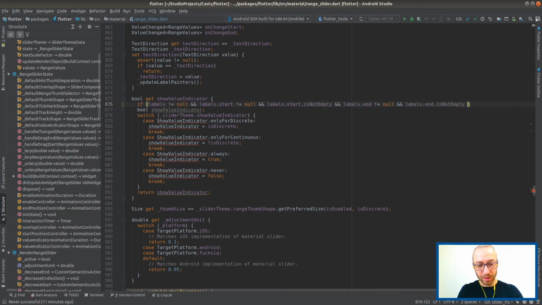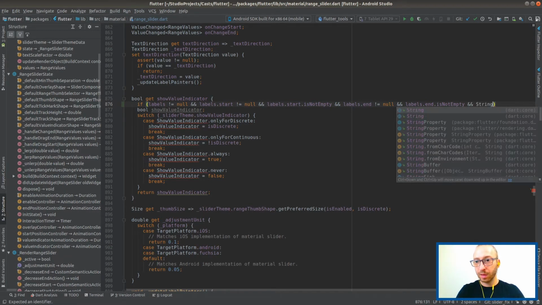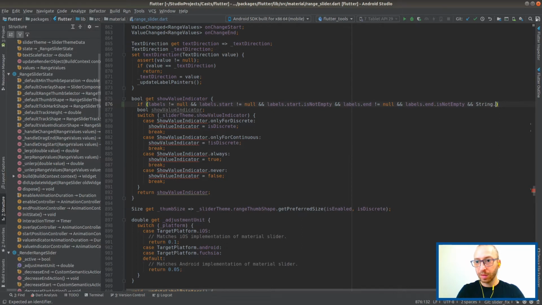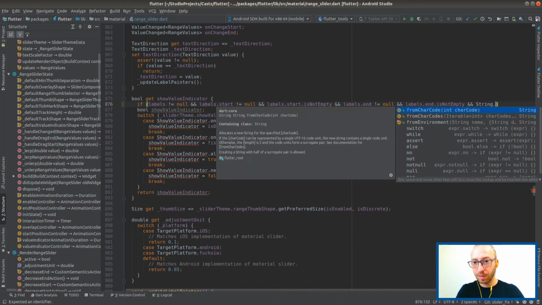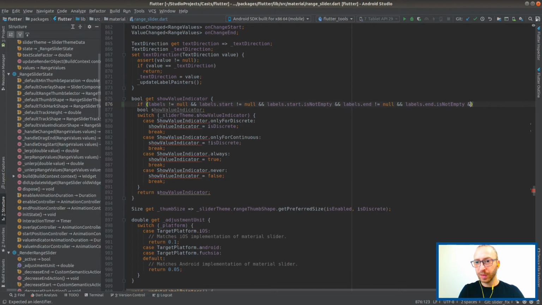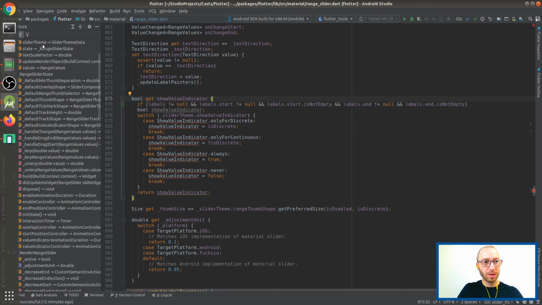I think, wasn't there like a string is not null kind of a thing? No, nothing. So I think in some other languages there's a convenience method to check if it's not null or empty. Don't know if Dart has one.